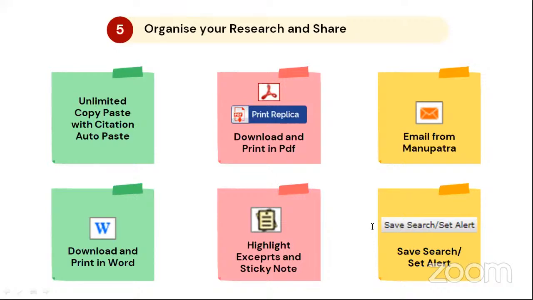On Manupatra, just click on this link. You can just put the email ID of the person you want to send it to. You can put the text that you want to send alongside it. The judgment is automatically attached. Just click on send and the mail goes. Nothing else requires to be done. It's a 2-step process from the same window where you are at, eliminating again a lot of steps, also saving a lot of time. Furthermore, if you just want to download and print a document or a judgment in Word,